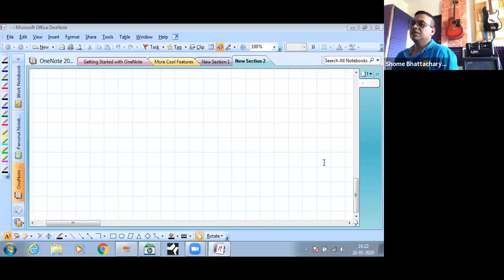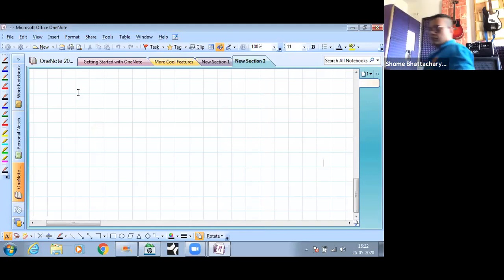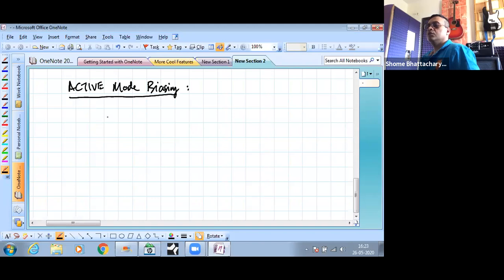Okay, so back to the concept of biasing. What we have seen is that there are various types of biasing, but what we are interested in here is the biasing for bringing the transistor into what is called the active mode. Okay, so in active mode biasing, what we do is two DC voltage cells or batteries are used to bias such that,